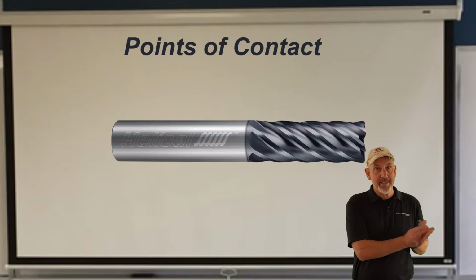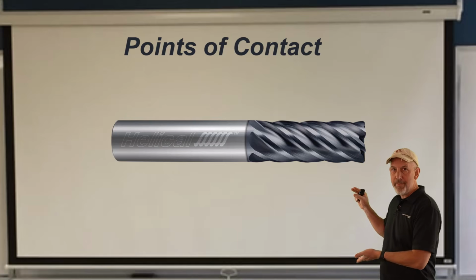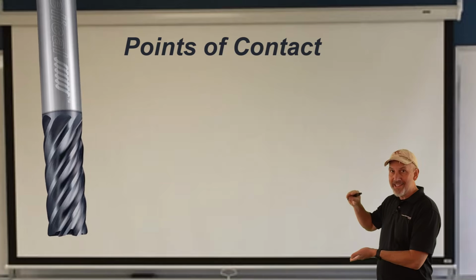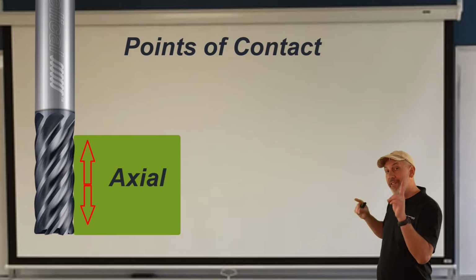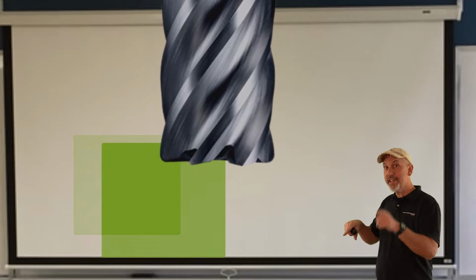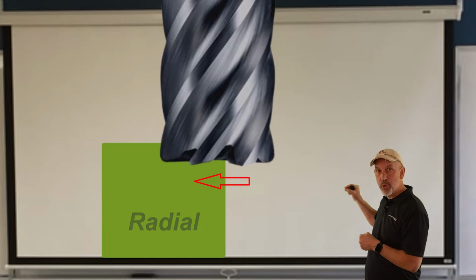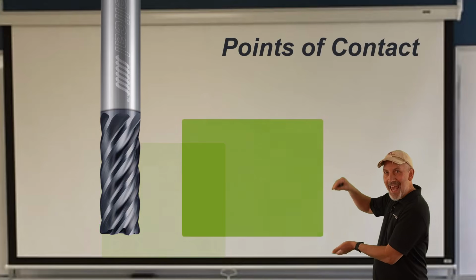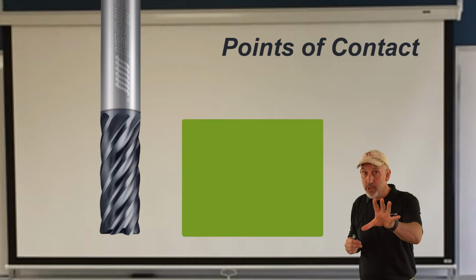So folks, as I always start these videos, let me just explain what I'm talking about with points of contact so we know where everything I say references, right? A point of contact is, as we look at an end mill, and we're talking axial, okay? But there's points of contact axial, up and down, and there's also points of contact radial that you need to be aware of. What I'm talking about is how many of those cutting edges throughout an axial depth are engaged in your material at one time. That's what I'm talking about, okay?